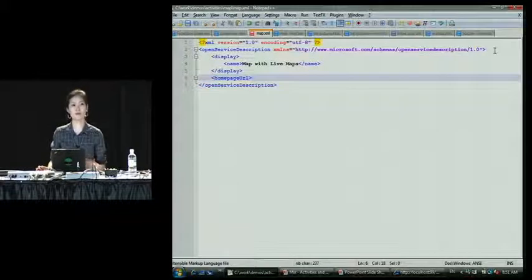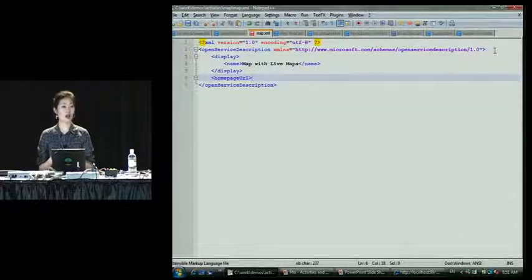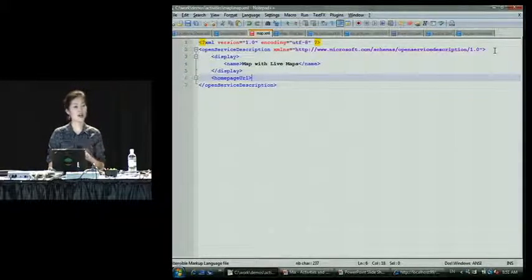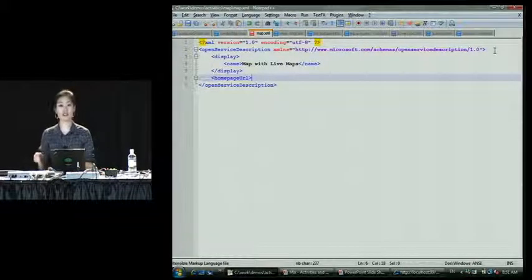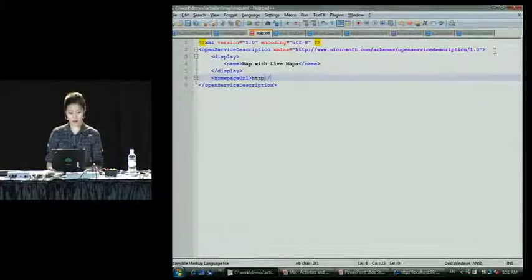Next is a homepage URL. Think of the homepage URL as the main entry point into your site. IE uses this in 3 ways. 1, we expose the homepage URL in the management experience so that users know where this activity is coming from. Secondly, we use it as the identifier for this activity, in combination with the category. And lastly, we compare the domain of the homepage URL to the domains of the URL templates that we use for preview and execute. In this case, my homepage URL is